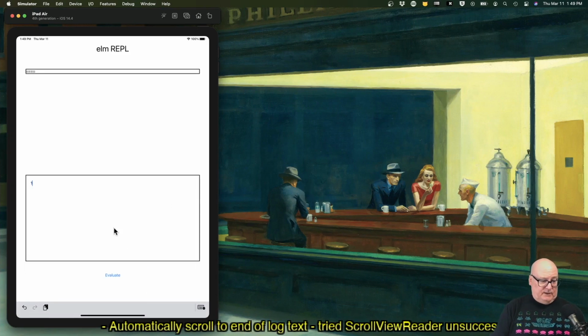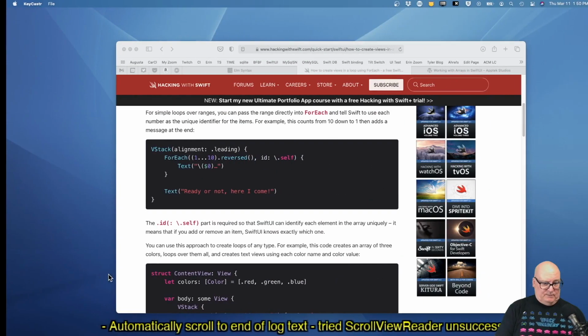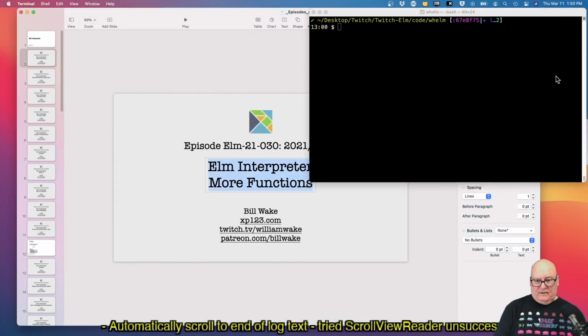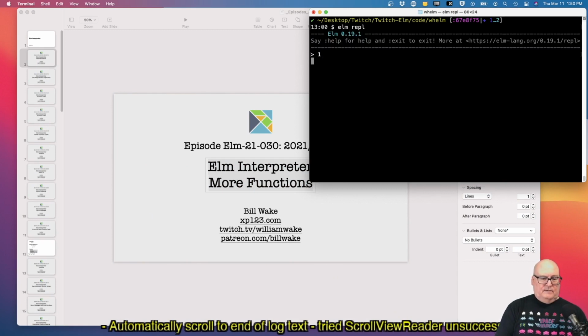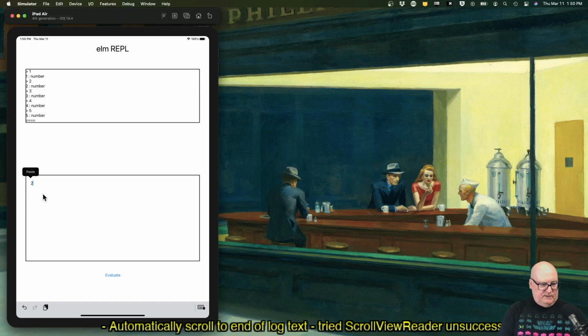Okay, so if I evaluate 1, 2, 3, 4, 5. Is that what the REPL looks like? Or is there an extra line in there? No, that's pretty much it, isn't it? Okay. Yeah, so that's a slight improvement. If we keep going,